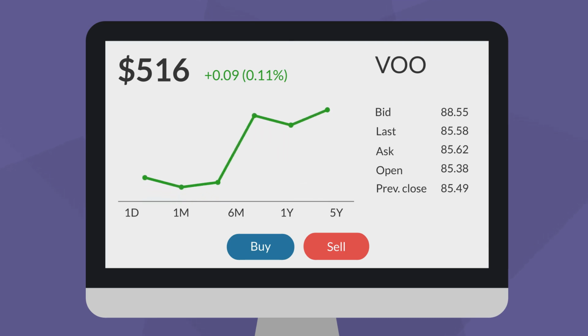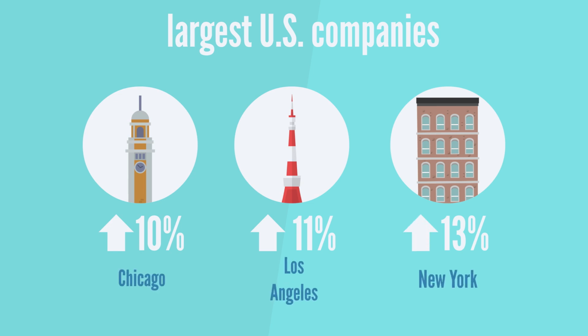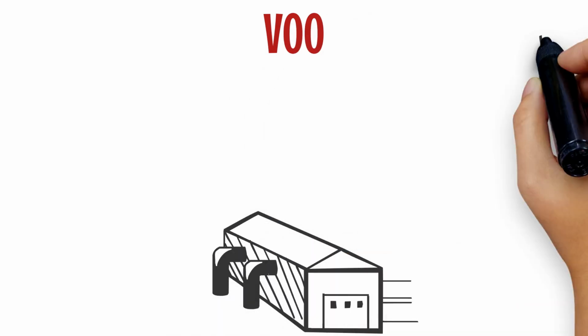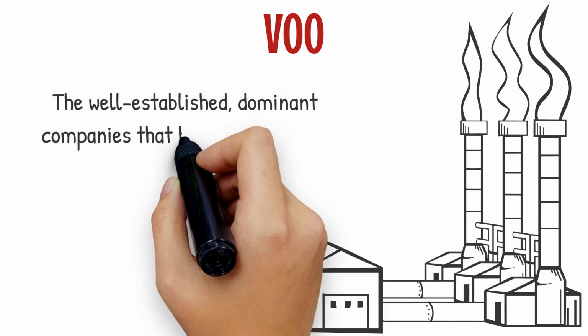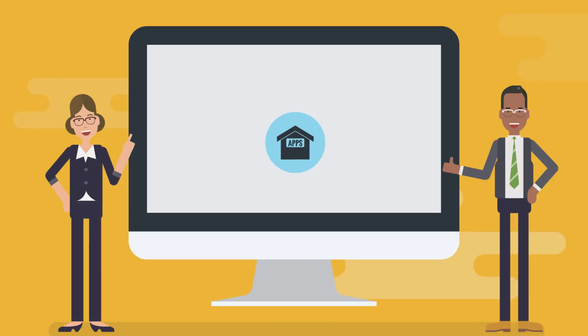At a market price of $516 per share, you're essentially buying a piece of the top 500 largest U.S. companies, giving you exposure to industry leaders across the board. The beauty of VOO lies in its focus on large-cap stocks, the well-established dominant companies that have consistently driven the U.S. economy forward. You're looking at heavyweights like Apple,